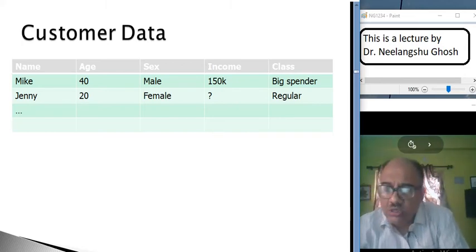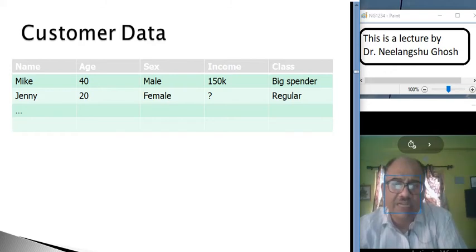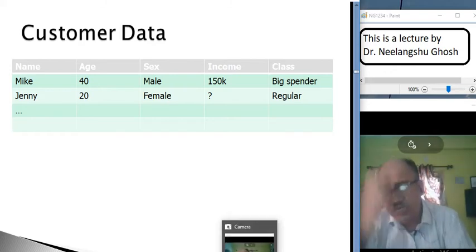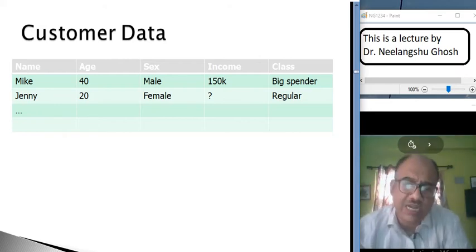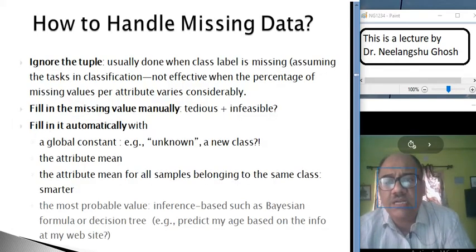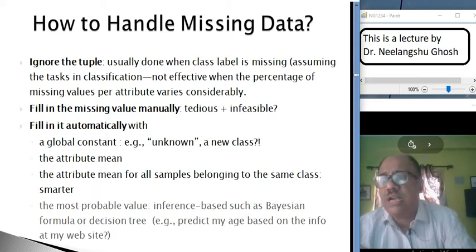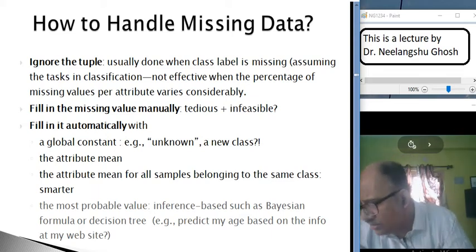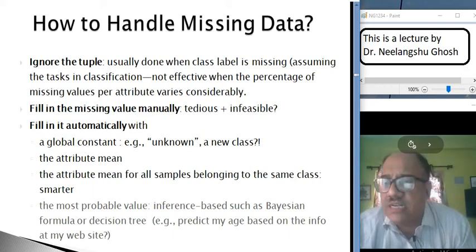You can sort the data by regular and check their income, find the average income of the regular spender and put the value here for Jenny. That is one way of doing it, but it is tedious, time consuming. Also, that value may not be true, it may give an erroneous result, it is possible.